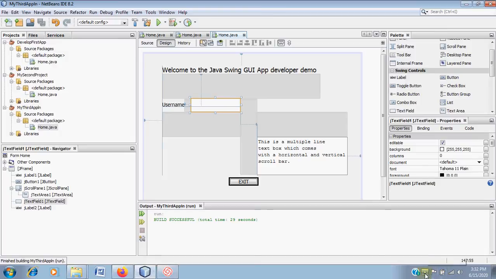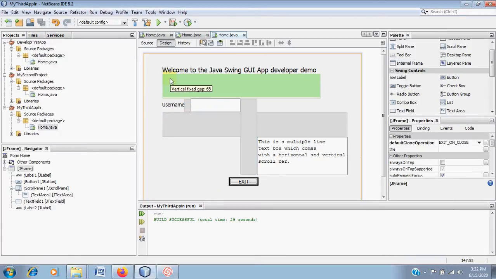In today's video we have only used Java Swing to add some components onto it. JFrame is the one which will allow us to create a window, and on the JFrame window we can add components. So when you run this program, it will open in the form of a window where you can do some action with those components that you have placed.